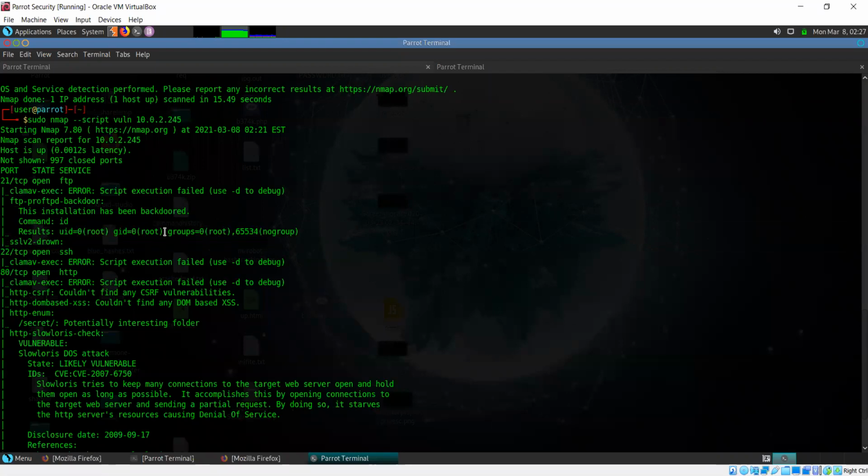All right, so that's definitely one of the major benefits of doing a vulnerability scan. It can easily figure out if there are any vulnerabilities present, and we can then work on exploiting those.